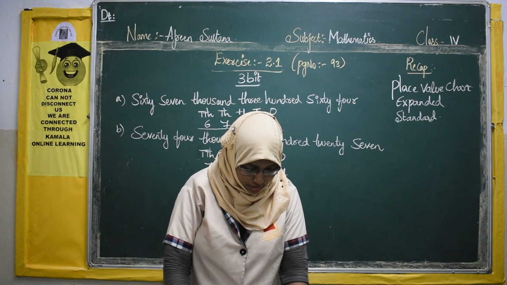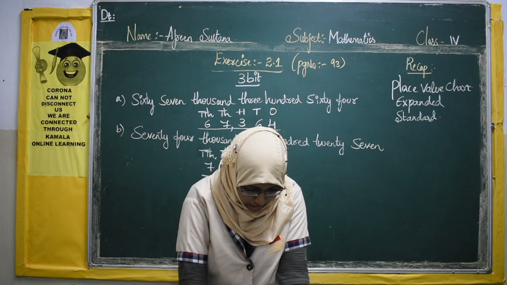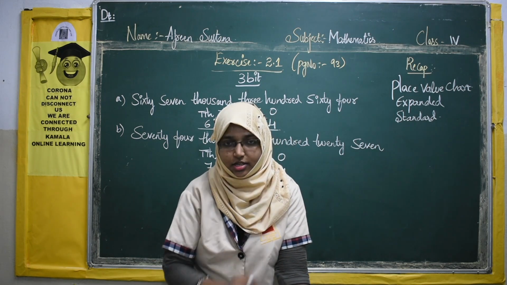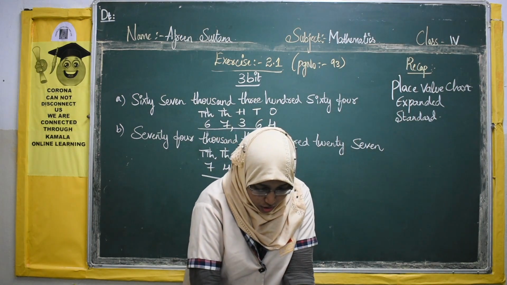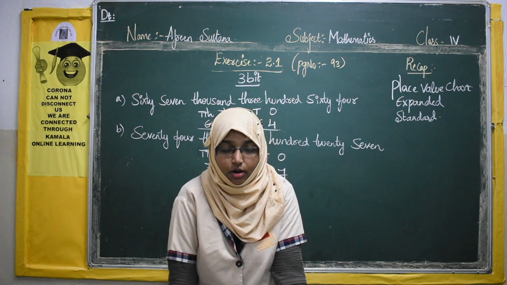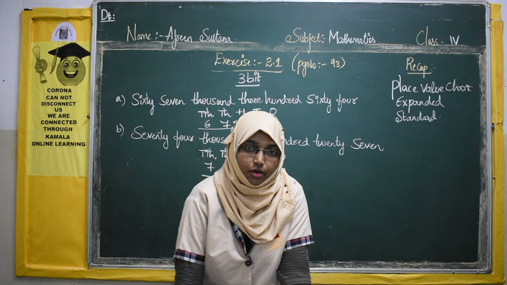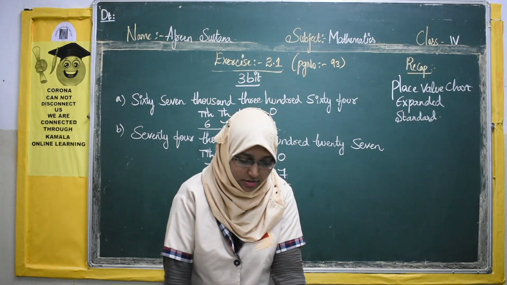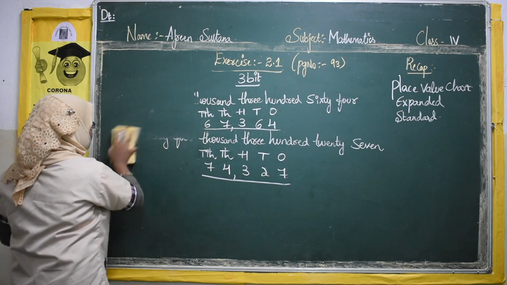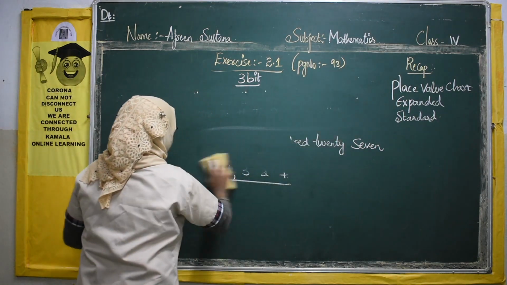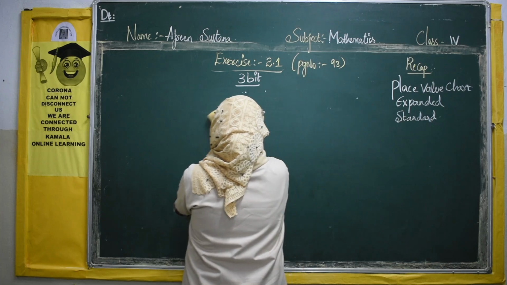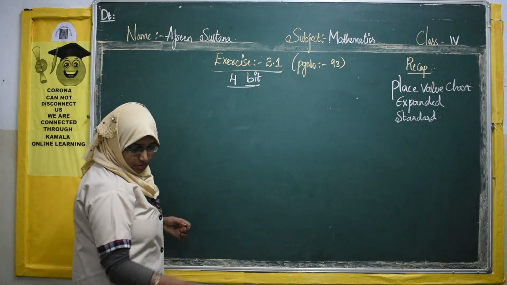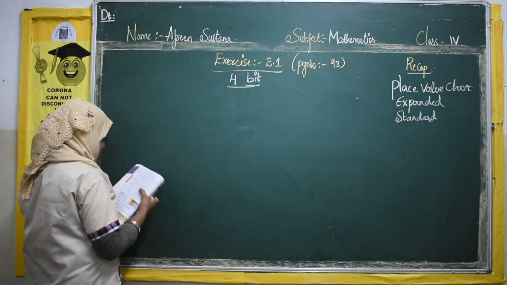Okay. Now let us see what is the fourth bit. Write the place value of the digit 8 in each of the following numbers. So see, in this whole bit they have highlighted only 8, the digit 8. So what they are asking us is to write the place value. How have we written place value? How will we write? We will multiply the digit with the value of its place, right? Let us see first. Fourth bit. So the first one is